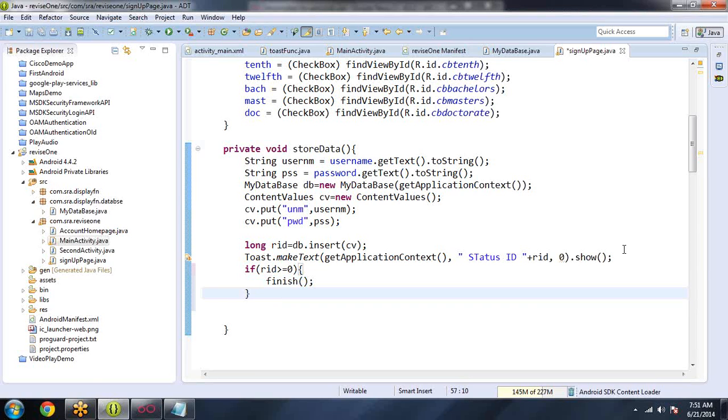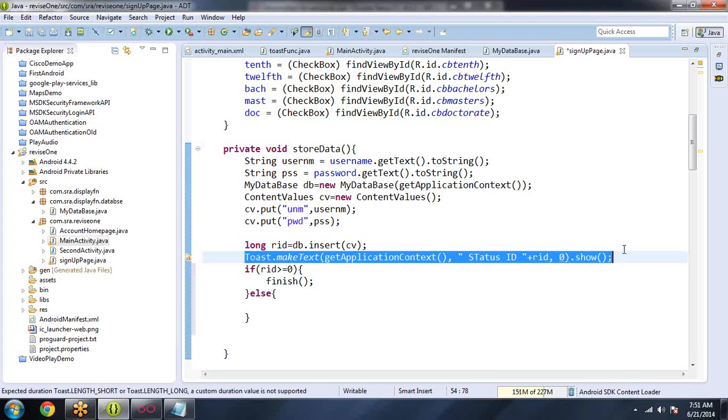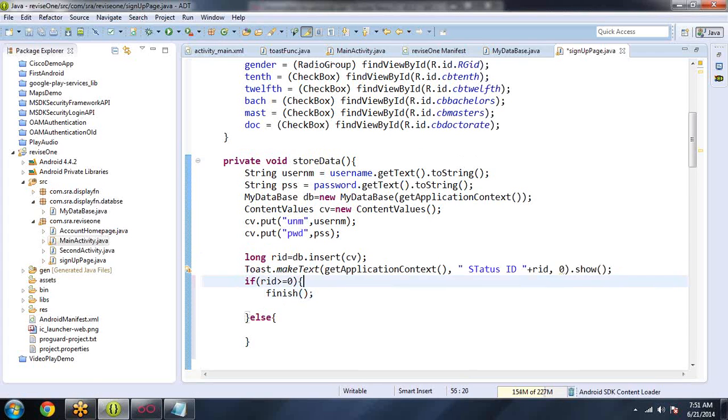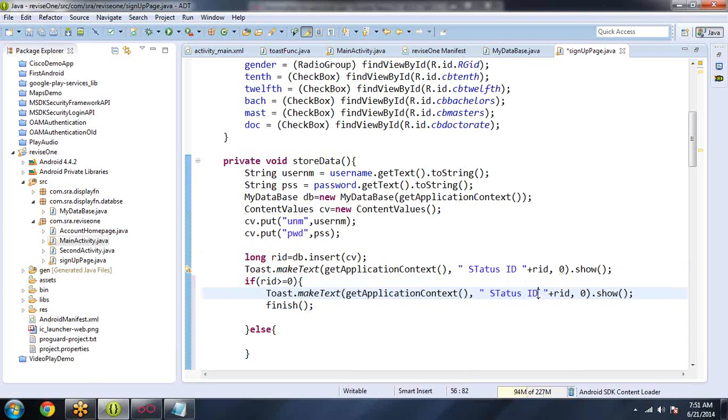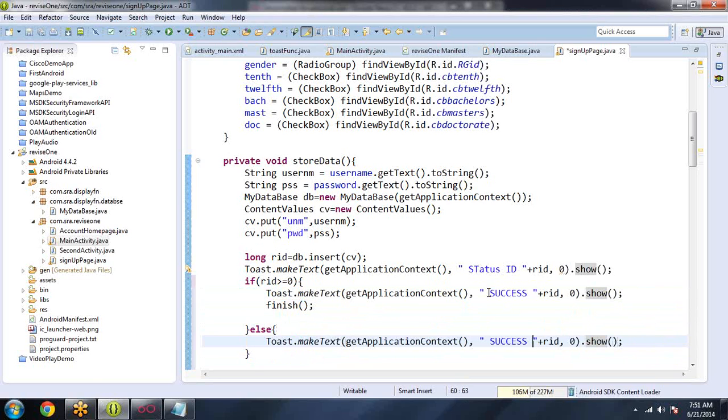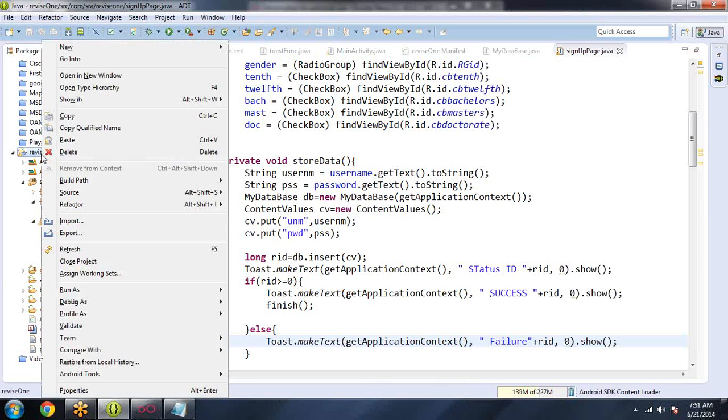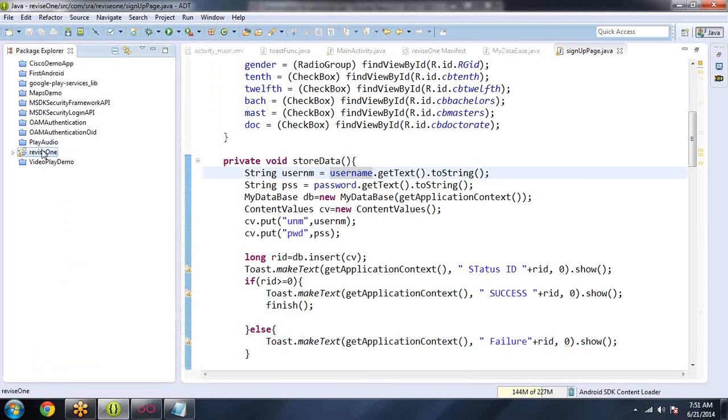If RID is greater than 0, I will show a success message; otherwise, in the else block, I will show a failed message. Now I will try it once, but before that, first see here: right click, select your project,